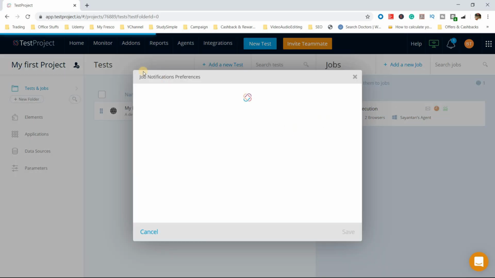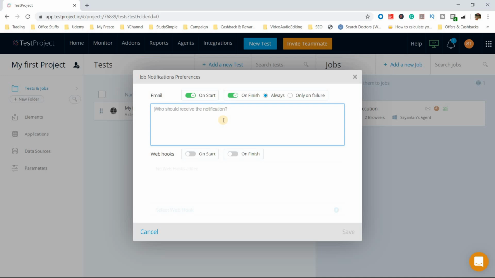Just click there. It is job notification. This email we can send on start, on finish, we can do that. We can also have an option to send always or on failure. So if there is a failure, we can do that. We can do any notifications. We can say the execution has started, execution has finished, this task has passed, this failed, everything we want. If we want that, we can also do that.